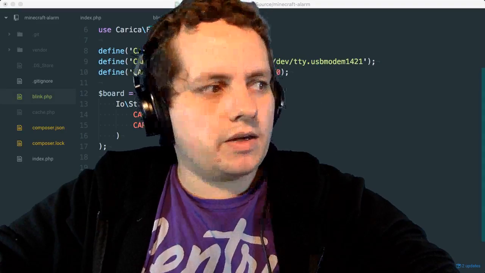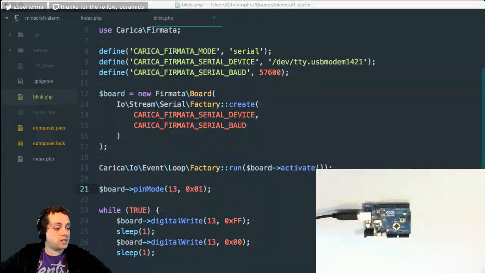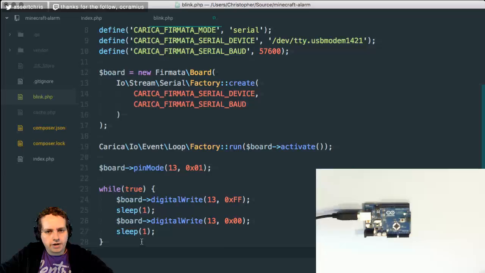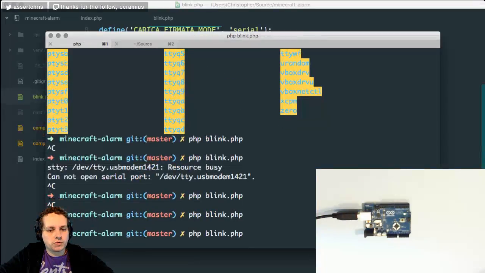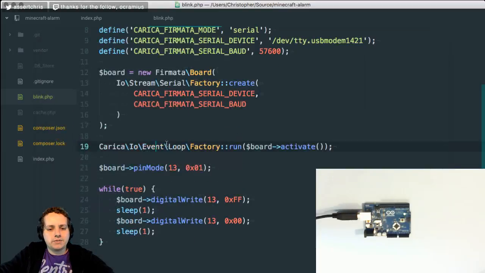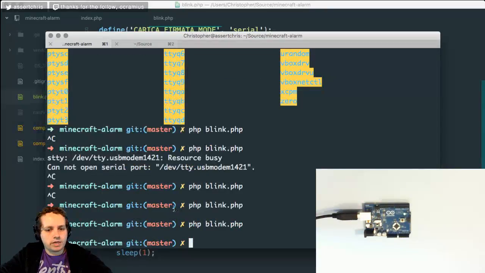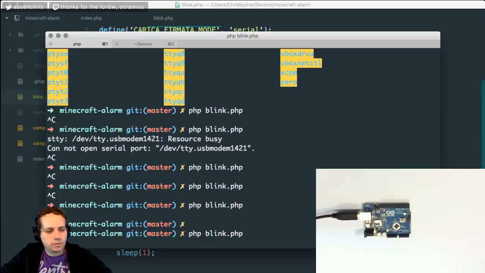And we're back. We are looking at Arduino and Firmata and being very frustrated. So during the break, I went back to the examples in the Carica Firmata library and found a different approach to initiating the loop, and I have yet to try it to see if it works. So let's try it. I don't see anything there, but let's print something, just a dot, to know that we are in an iteration of the loop, and when we run this again,